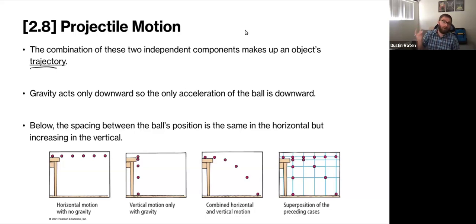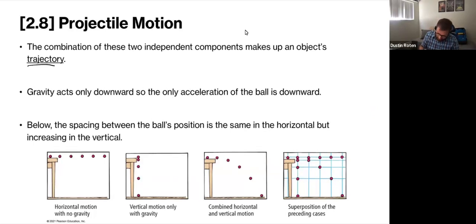Okay, so gravity, it's still a free fall problem, so to speak. The only thing acting on this object is gravity. So gravity is the only acceleration pulling the ball downward. But again, the horizontal isn't affected by gravity. So let's actually take a look at the spacing here. So if we think about just the x piece, just like in the previous one, the orange here, if we think about the x piece, you'll notice